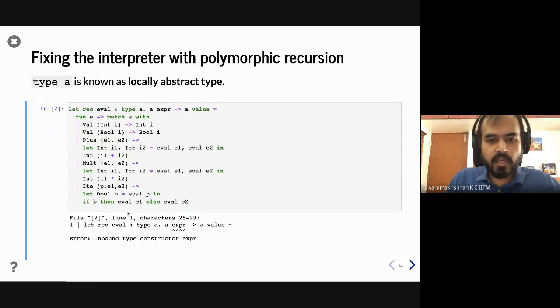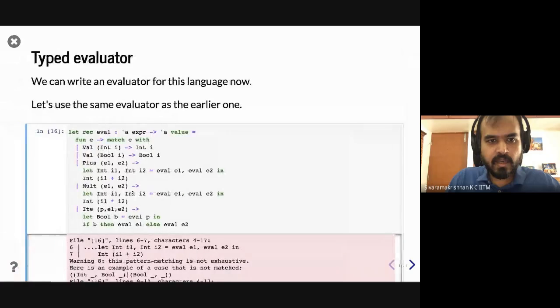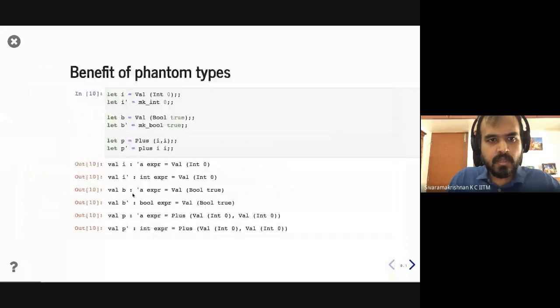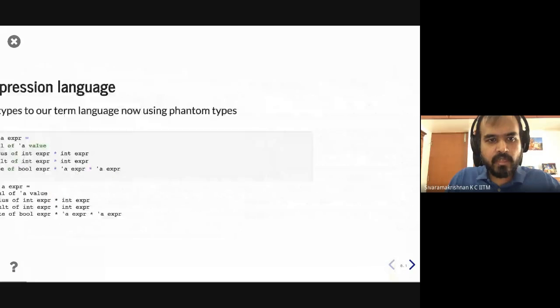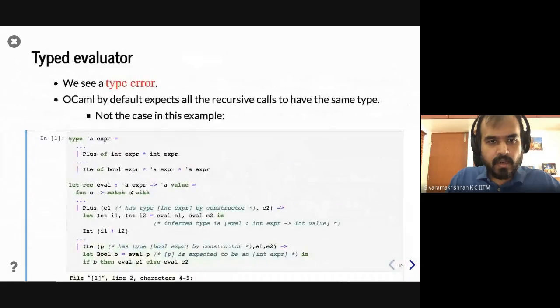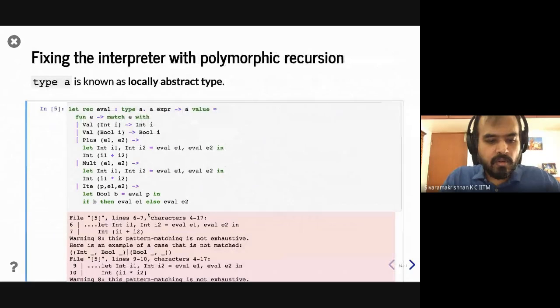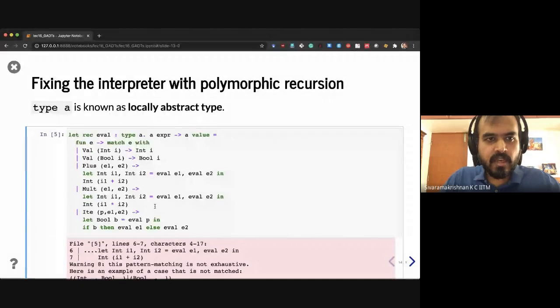So that is what I think I need to run all of the cells up to this one. So let me do that. Value, expression, and then finally this one. Yeah, okay. So we've used polymorphic recursion, and what we've ended up having is